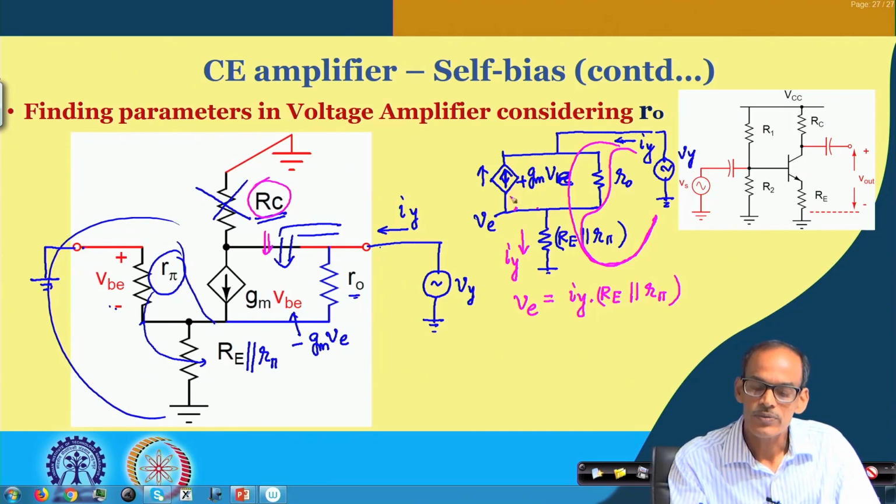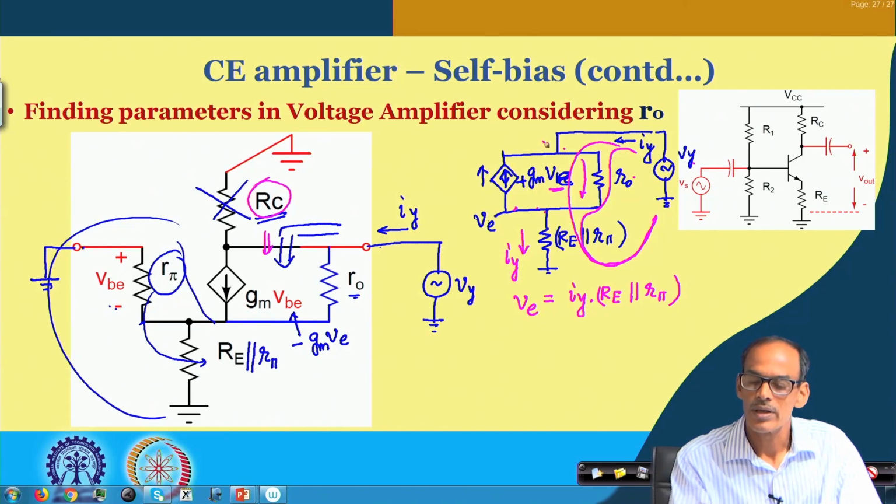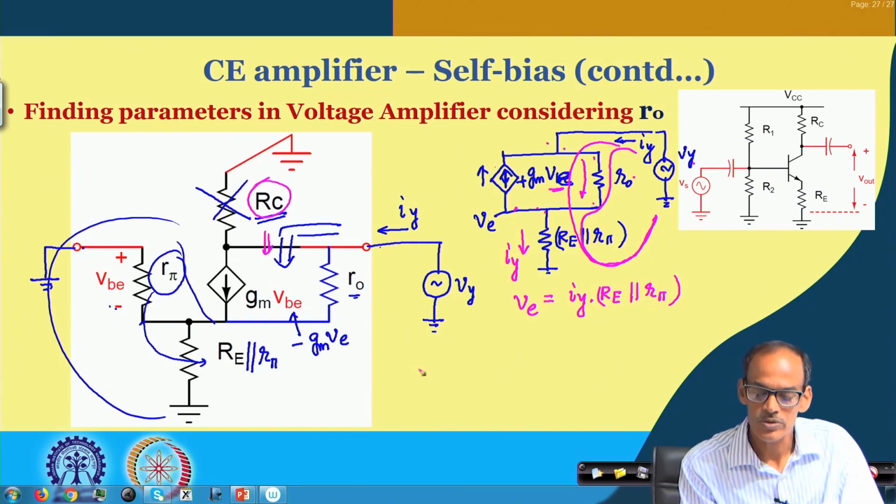So, the current flowing on the other hand is a function of this VE, and the current flowing through this part is of course Vy minus this voltage divided by R naught. So, at this node, since this current is coming here and the current flows here, it is basically the summation of these two that must be equal to whatever the current is flowing. So, the current flowing through this R naught